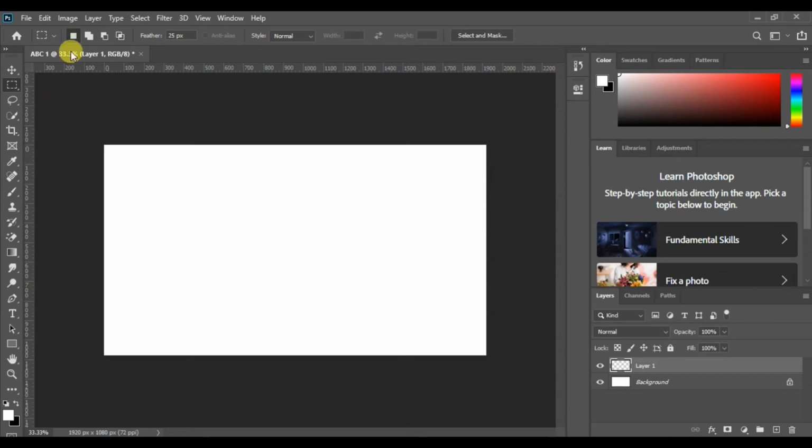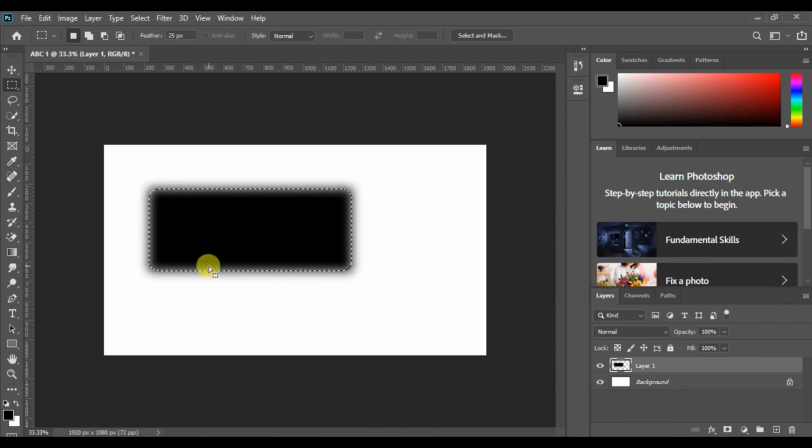Let's talk about this feather option. This feather option softens the edges of our selection.